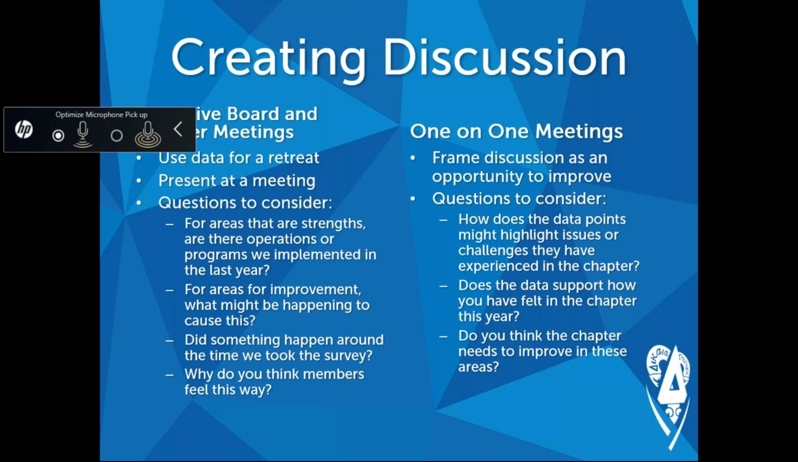Another thing to chew on, I think, is for the areas for improvement, what might be happening to cause this? Because I think an important piece is the data can give you a number, right? It can tell you something that is happening, right? It can tell you that an attitude exists, or that a behavior has taken place, or that members are feeling a certain way, but it can't necessarily always provide you all of the information around why that is the case or what is contributing to that. And so that's where you need to